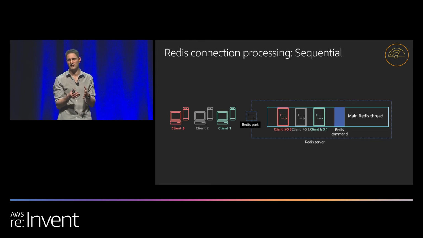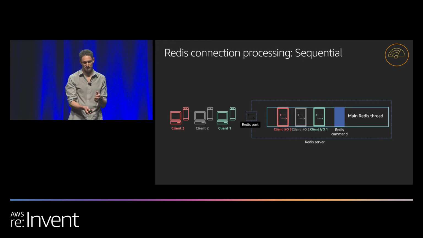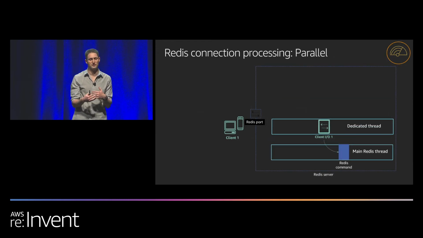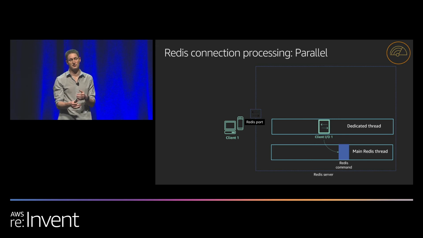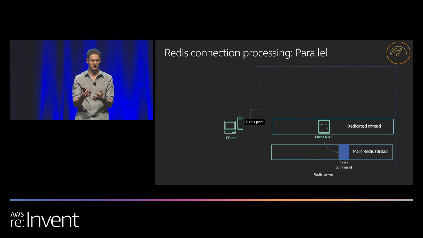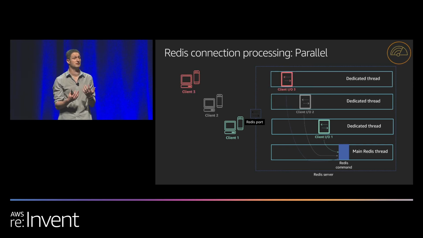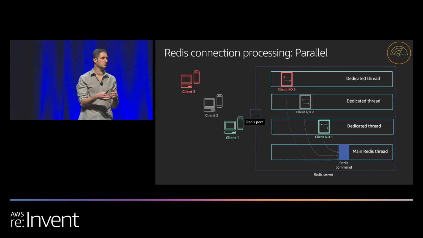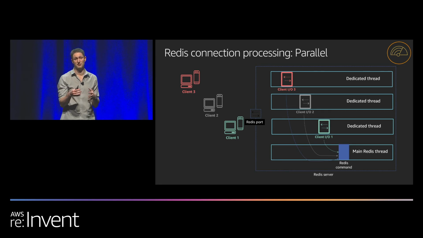So we profiled this, and we saw that about 70% of the time is spent in the I/O layer, in the communications. So we thought, what if we do this in parallel? Of course, if you have one client, it doesn't make a lot of difference. It's actually just an overhead of another thread. But if you have more and more clients, then it makes a difference. And we're able to push significantly more throughput by doing all the socket communication on separate threads.